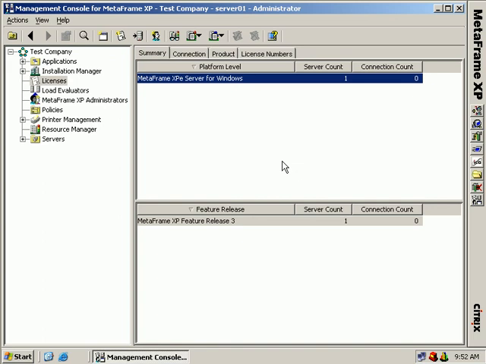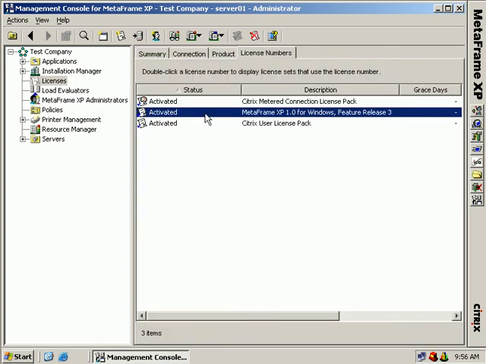Now once you've done that step, you'll need to do the same step for any client access licenses that you require for your system. Now once you've activated your license, in your License Numbers tab, you will see the status of activated next to the description of the license you've installed. So once you've installed all of your